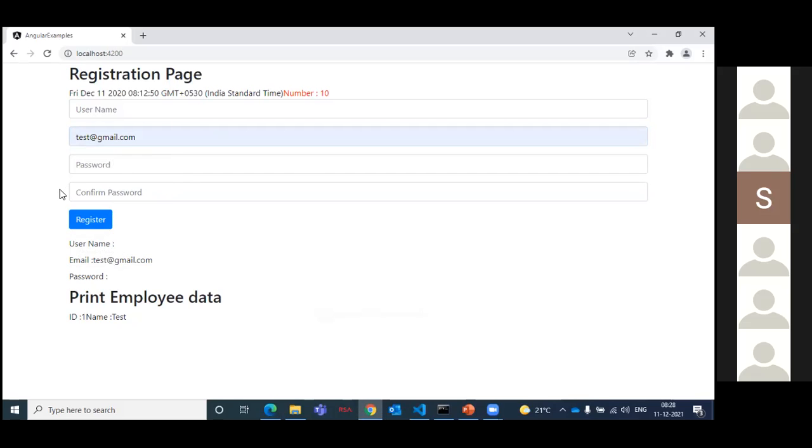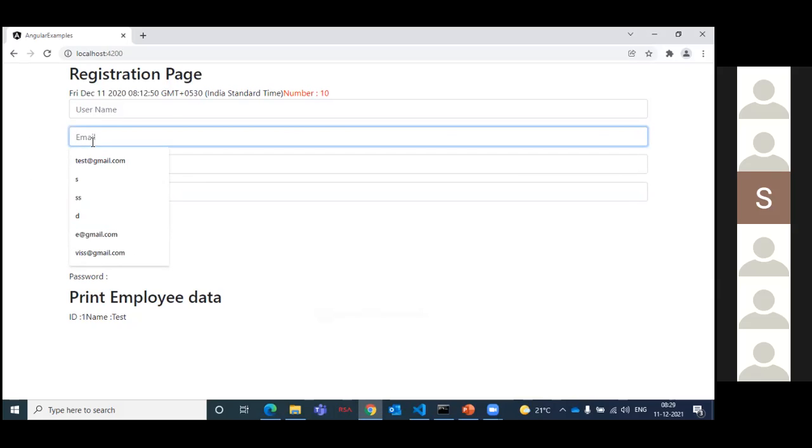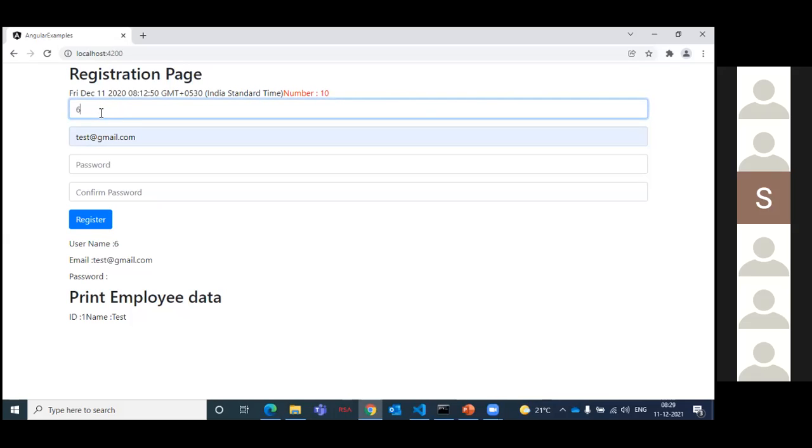So if you're not able to estimate that condition, we require a key. For example, by seeing this text box, you are saying it is the email. Yes or no? How are we saying that? Here, the text "Email" is there. So this is nothing but a key. By seeing this key, you can identify, okay, this is the email, I need to enter an email. Next, this is the username. By seeing this text, you thought, okay, I need to enter a username.